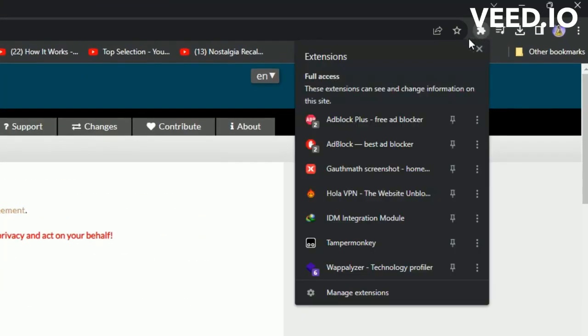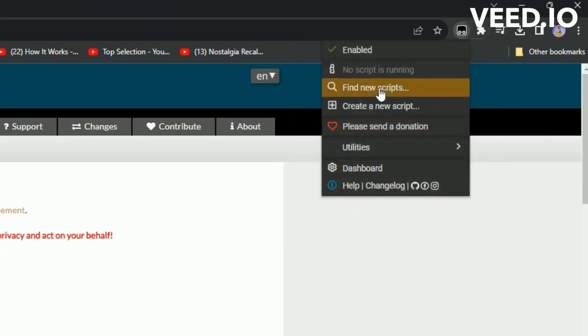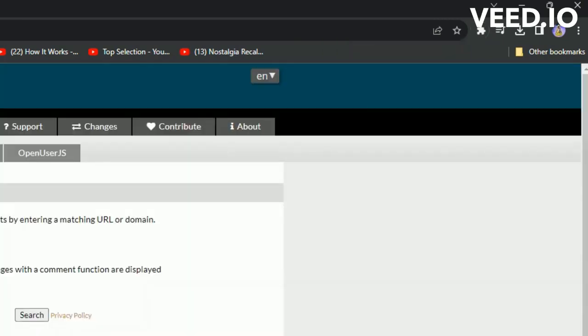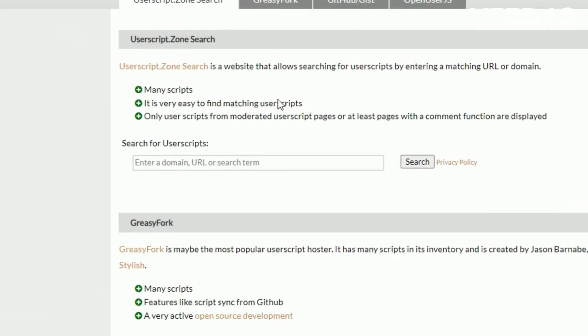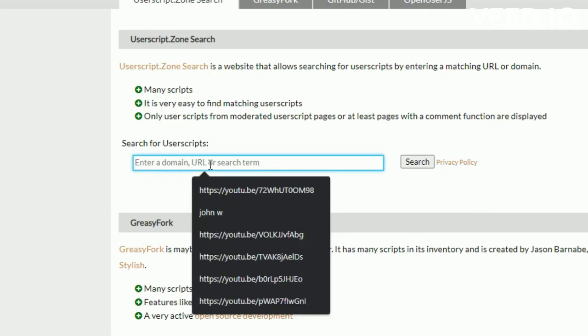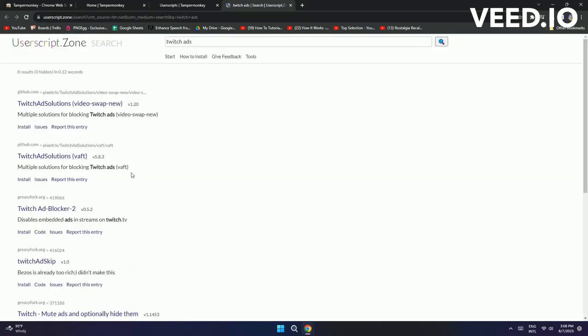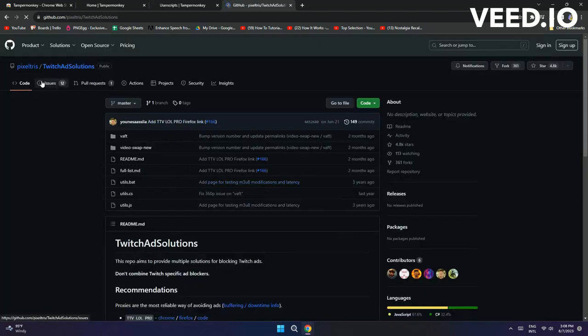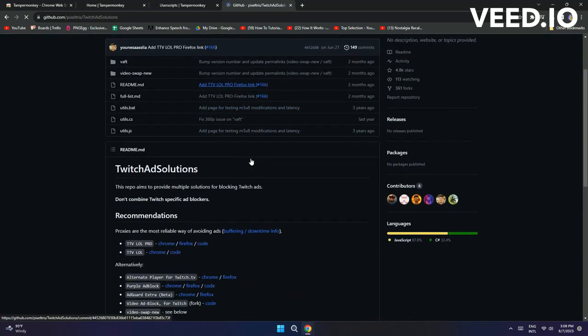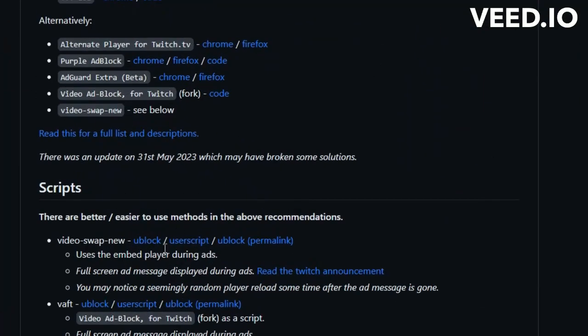Now, select the jigsaw icon from the top right corner and open the Tampermonkey extension. And then click on User Scripts. And from the resultant links, find any preferred link and just click on it. And that link will get you over to GitHub, and from here scroll down and select User Scripts in the